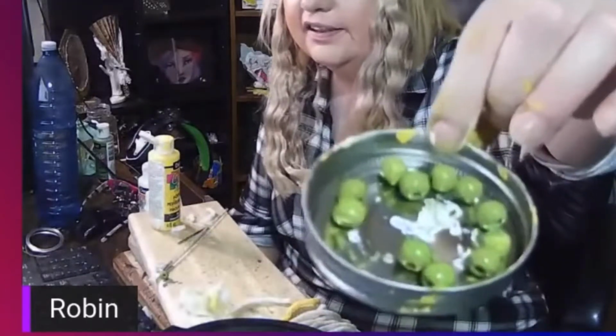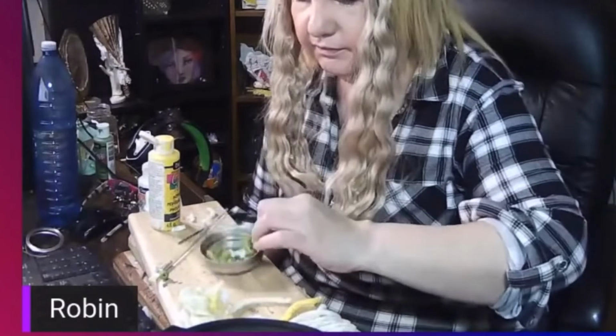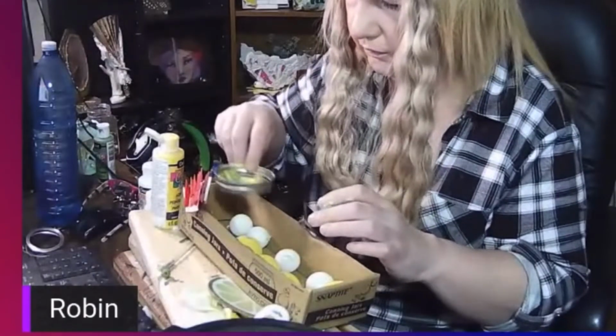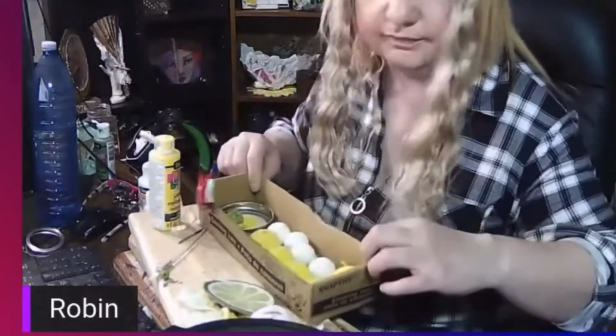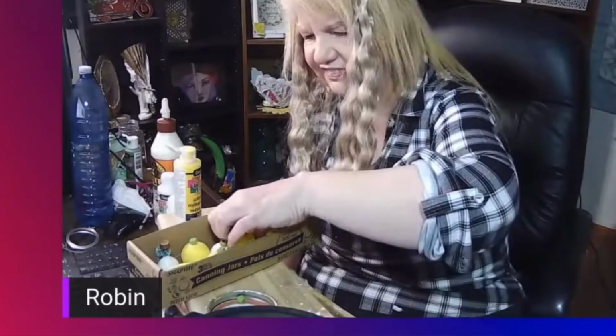Here's what the little beads look like after I painted them green. And I did add a bead to almost every little wood piece